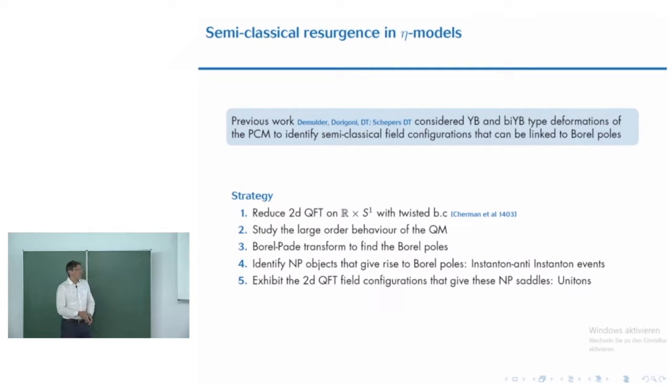And when we find the Borel poles, we're going to pay close attention to their location, because the location of the Borel poles, that was the instanton action. And we're going to find instantons in the quantum mechanics that source these Borel poles. But even more, we're going to find genuine two-dimensional quantum field theory configurations, finite action saddles, which then fractionate into instanton, anti-instanton events when put on the cylinder.